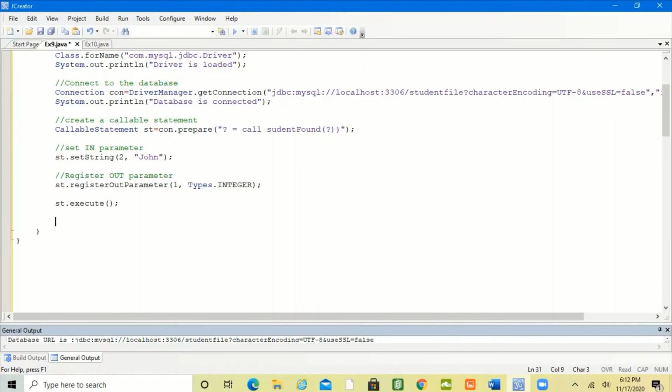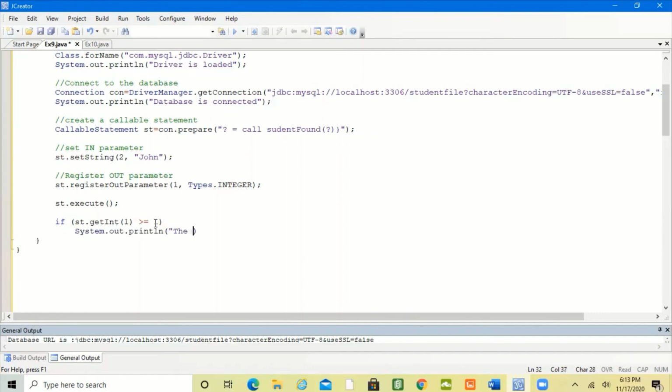Okay then, so I'm going to play with that. So statement dot get the integer value, because it's going to return an integer value. Here I'm setting a string value, so it's setString. Here I'm getting an integer value, so it's getInt. Which parameter's value am I getting? I'm getting the value of the first parameter, and I'm checking, is it greater than or equal to 1? Sometimes it may be 1, sometimes more than 1, whatever it is.